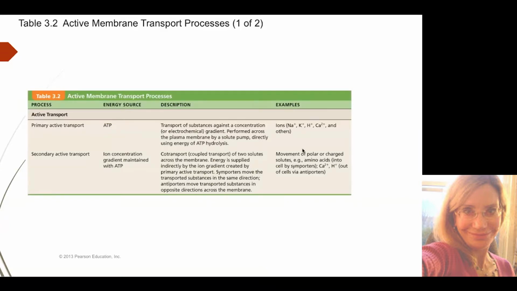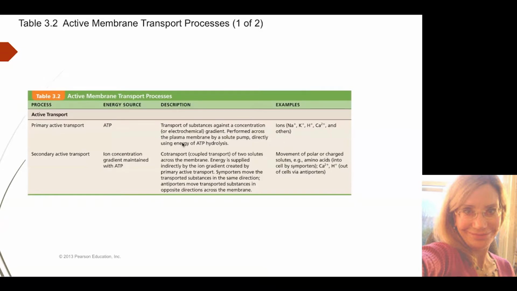Table 3.2 gives you a summary of active membrane transport processes. Primary active transport: the energy source is going to be ATP, and this is the transport of substances against their concentration or electrochemical gradient. It's performed across the plasma membrane by a solute pump directly using the energy of ATP hydrolysis. Examples would be moving the ions sodium, potassium, hydrogen,